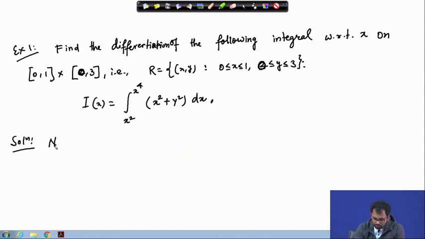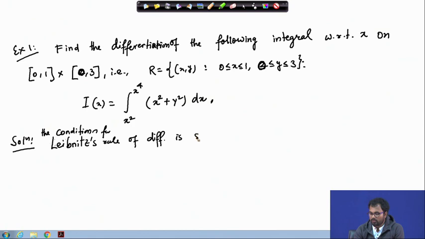Now, we can write at least one line: the conditions for the Leibniz rule of differentiation are satisfied. So we have dI/dx equals